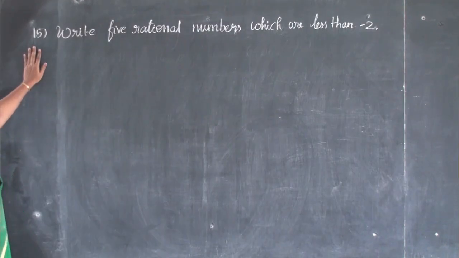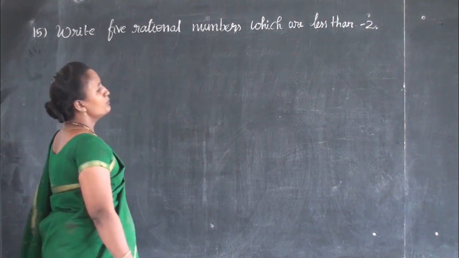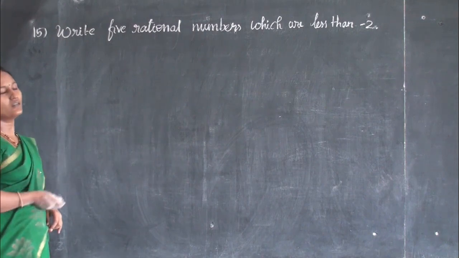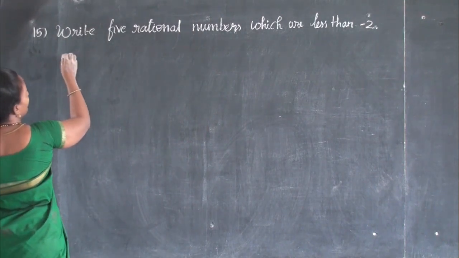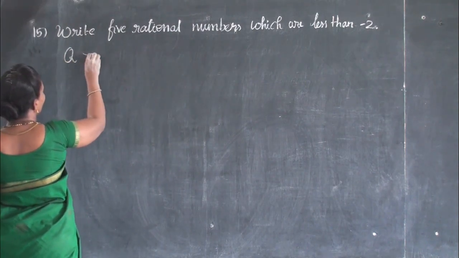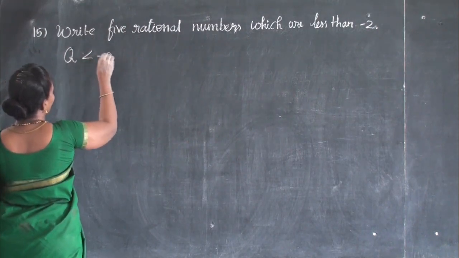Now the 15th question. Write 5 rational numbers which are less than minus 2. We know that every integer is a rational number. So, less than minus 2 rational numbers. Less than minus 2 means